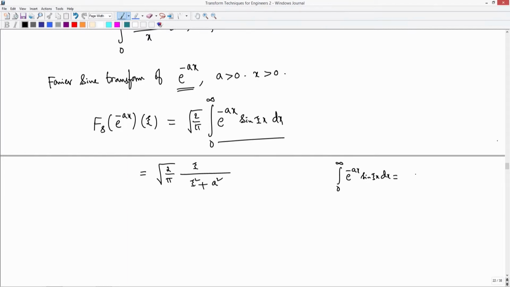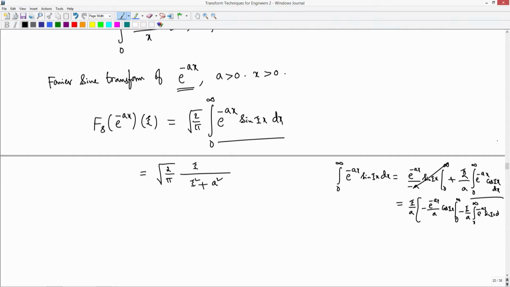So, you do one time integration. You see that it is going to be e power minus ax by minus a times sin xi x, evaluated from 0 to infinity, minus plus e power minus ax by a, and you have this integral 0 to infinity of e power minus ax, which you put inside, and then you have to differentiate the sine. So, finally it comes out as xi times cos xi x, and then minus a x sin xi x dx. Okay, this minus comes because the derivative of cosine is minus. So, finally, again here you have xi by a square, and the infinity part is 0. At 0 the contribution is simply 1 by a. So, you have this minus xi square by a square,